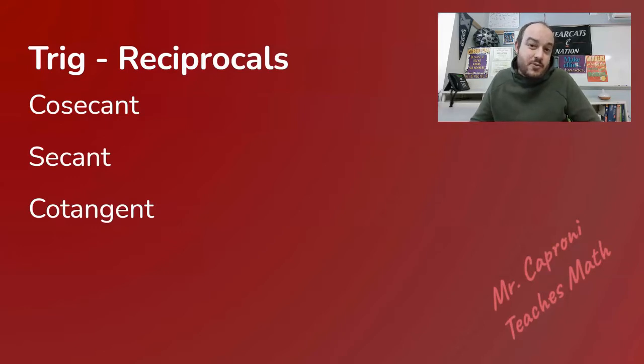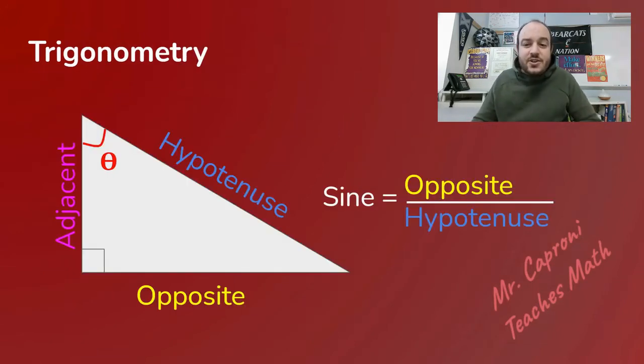We call them the reciprocal functions, and you'll find out why in a second. But they are called cosecant, secant, and cotangent. Now, it may seem weird that I put them in that order, but it's because it's going to align with the same order we covered the trig functions in the last video. So last video, we did talk about sine first, where we said that was the opposite side divided by the